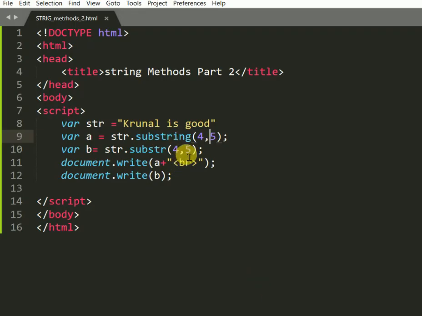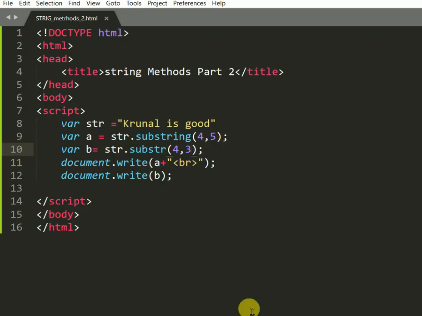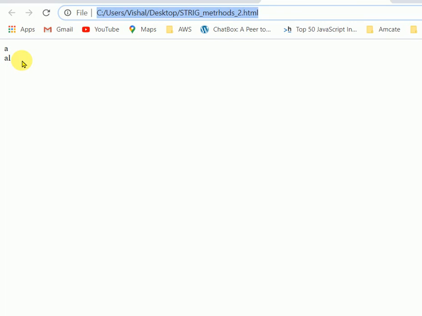And here we pass 4 and 5, so it starts at the fourth position a and it will print the next 5 characters. If you take 3 here, you get al and a space, but we can't see the space on our screen, so al and space.